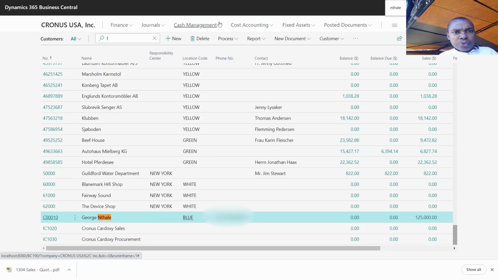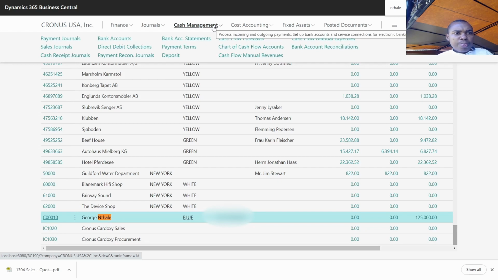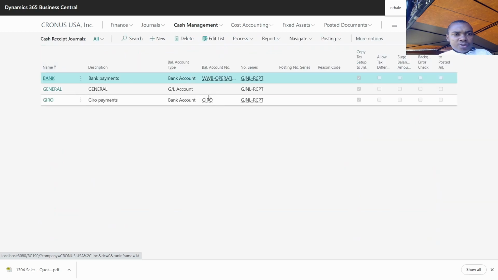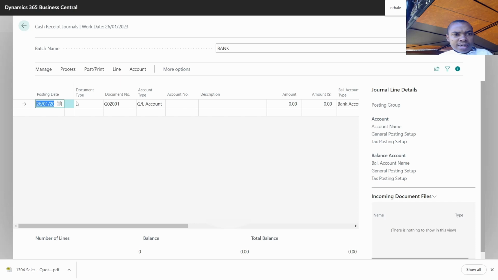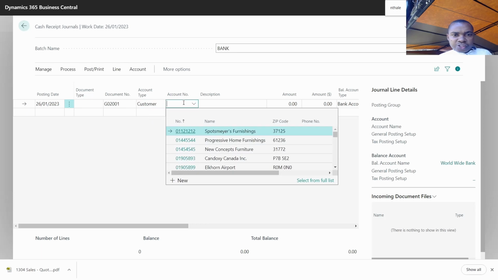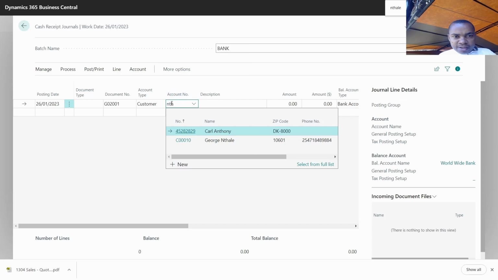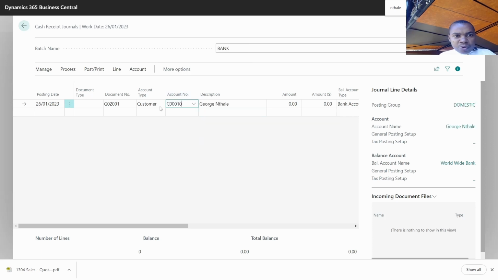Then for the payment, it's just the normal way. You just go to cash management and you'll be able to receive. We call it a cash receipt journal. So you'll be able to do a cash receipt and select the bank. Then you'll be able to select which customer I'm receiving cash from. You can say it's the account Tally, which is this one. Once you type, the system is intelligent, it will be able to suggest for you. Then on the description you can say it's part payment